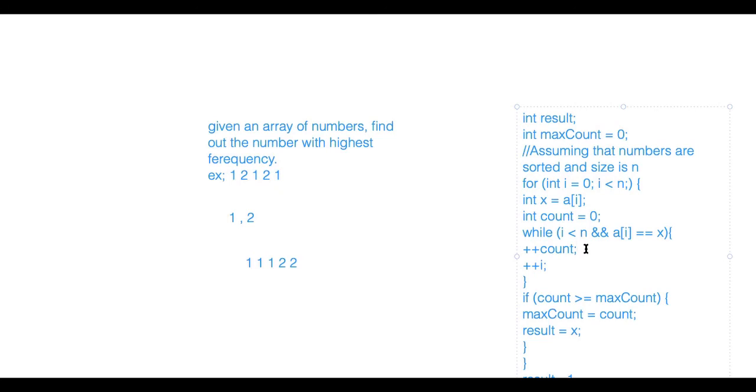Even though it's not sorted, what is the time complexity of sorting the array? If we learn further, we will see that there are different sorting algorithms. You can sort the array in O of n square, but there are other techniques like quick sort and merge sort, using which you can sort in O of n log n. So in that case also, if the array is not sorted, the time complexity of sorting will be O of n log n, right?